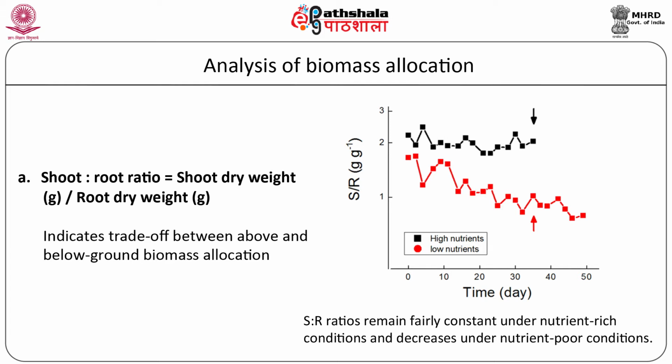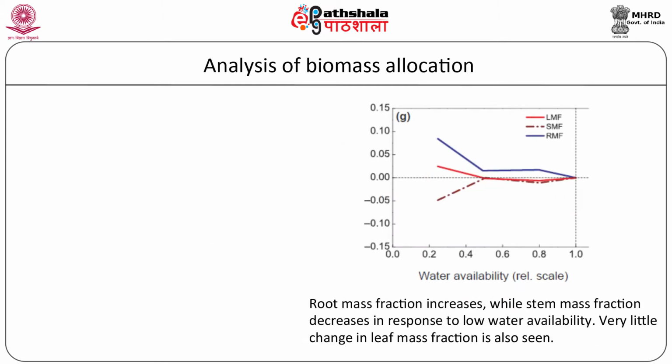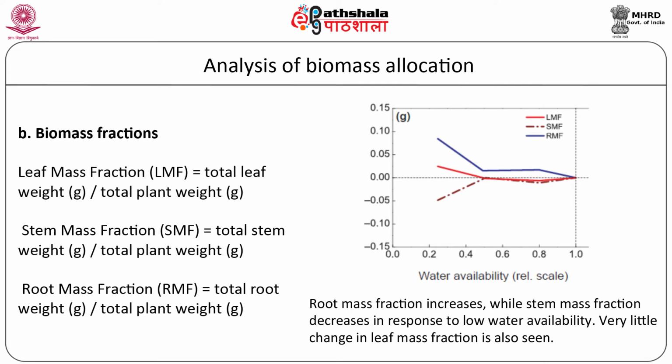in above ground structures. The second method for studying biomass allocation is in terms of fraction of biomass allocation to leaf, stem and root, all of which add up to 1. The advantage of the use of biomass fraction over root and shoot values is that the LMF, SMF and RMF form an integral part of the concept of growth analysis and carbon economy. Biomass fractions are also less sensitive to small changes in allocation than root and shoot ratios, especially when roots form less than 20% of the biomass.